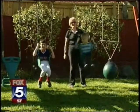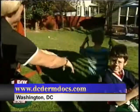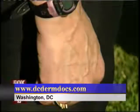Melissa Merson doesn't consider herself a vain person, but the busy mother of two admits there is a part of her body she'd like to change. Anything that draws more attention to my hands, I don't really care for. So, like many women, she feels the appearance of her hands make her look older. My hands are, I think, rougher than they might be otherwise, or more gnarly than they might be otherwise, because I had chemotherapy directly into the veins in my hands. I feel like they're very large, and I don't have very attractive hands anyway, so...